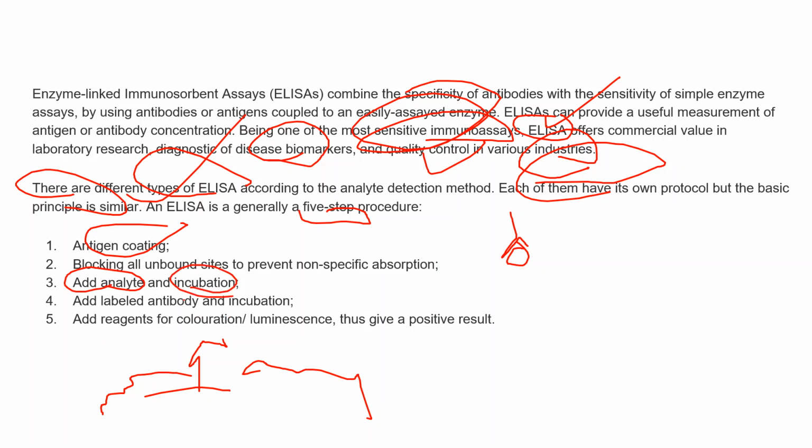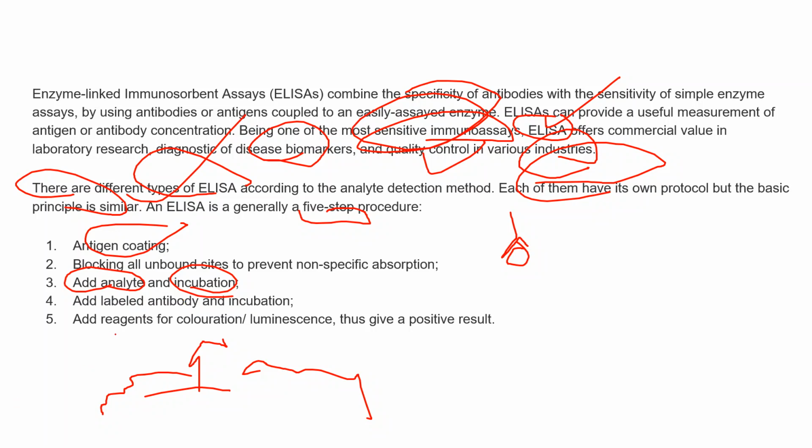After that, we'll use the labeled antibody. Labeled means what we want to see. If we want to see the expression of a particular protein, we have to add the antibody for that. If we want to go for the malaria test, where the malaria antigen will be there, then we have to add the antibody specific to that particular protein. If we know that X protein will be high in malaria, so that antigen will be coated, and then we'll add the antibody against that particular protein.